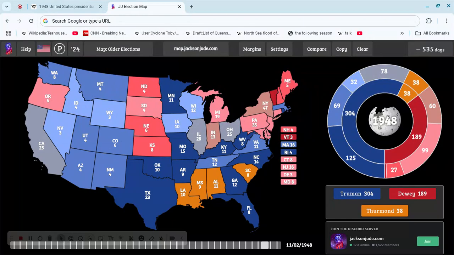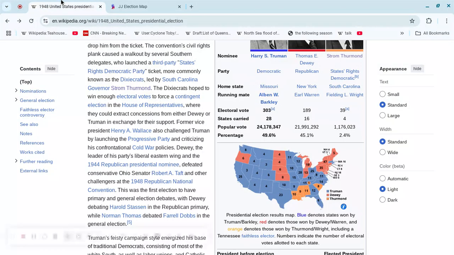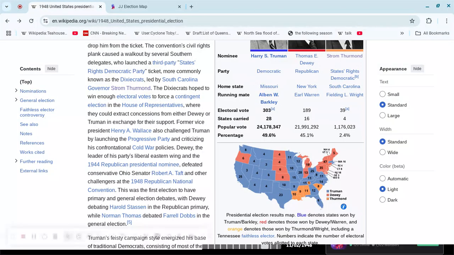And you also have to understand that in this scenario, 2.4% of the popular vote gets added to Truman's total. So while Dewey is stagnant at 45.1%, then Truman's goes up to 52%. So he now wins the popular vote by 6.9%. If you shift the nation over 0.9%, Truman could have won the election at this point by 6% and still have lost in the Electoral College. Now, I did not foresee that coming.